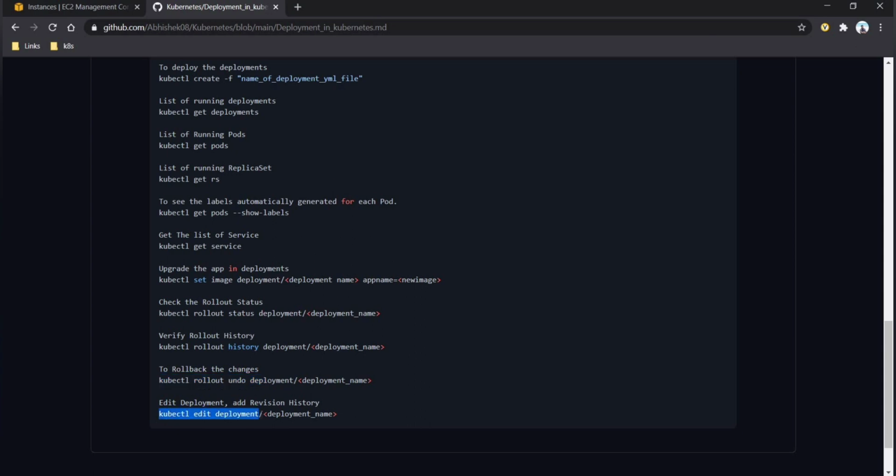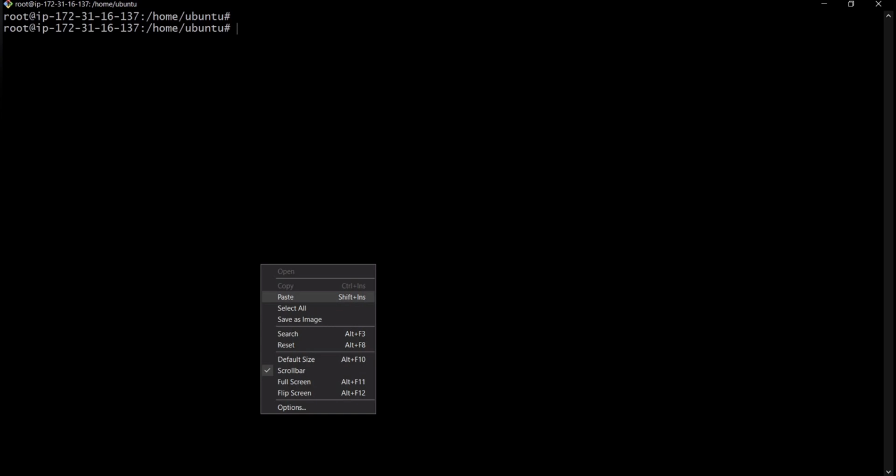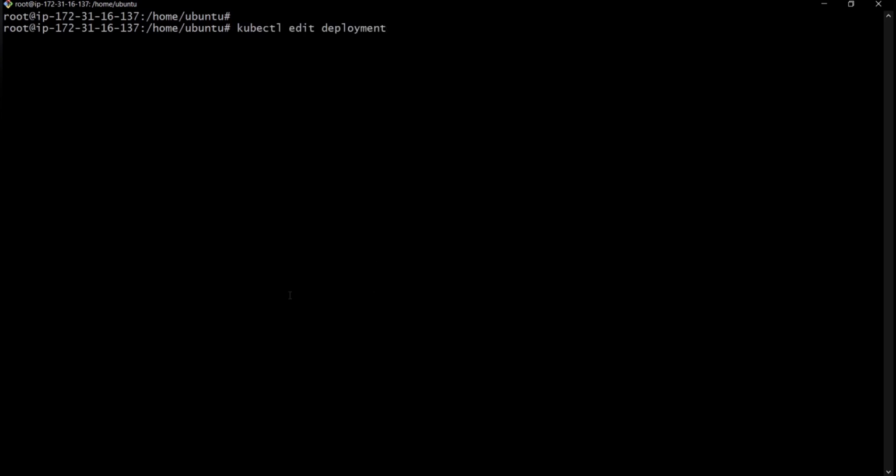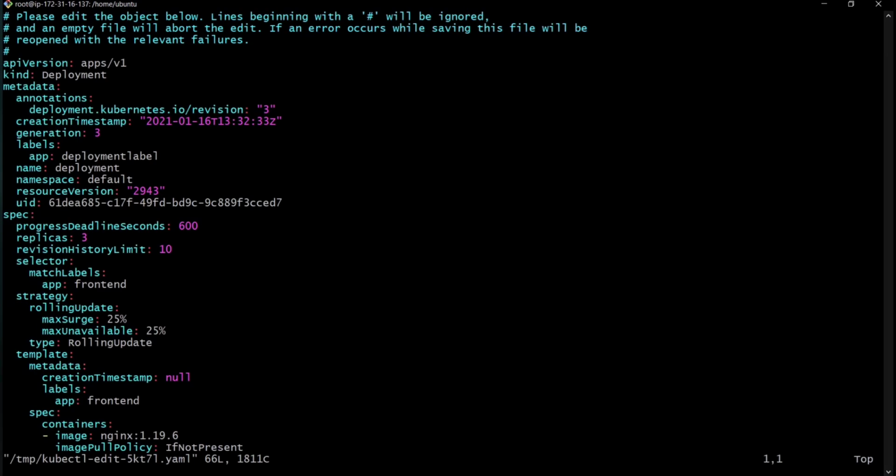If you want to edit the deployment, we have to execute the command kubectl edit deployment and the name of the deployment. We can see here the YAML file come up. This is the running YAML file, different from the one we created. If in this section I want to update the replicas, now we have three replicas here. Now we have changed it to 5.